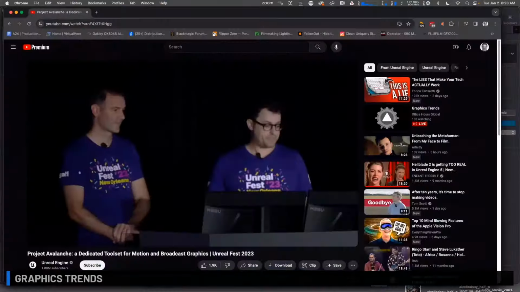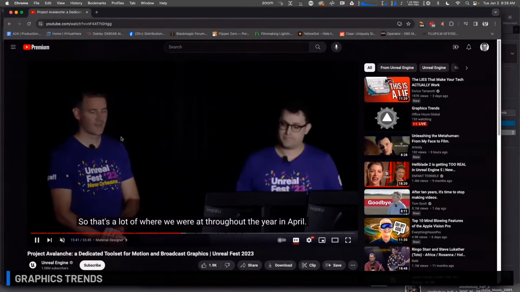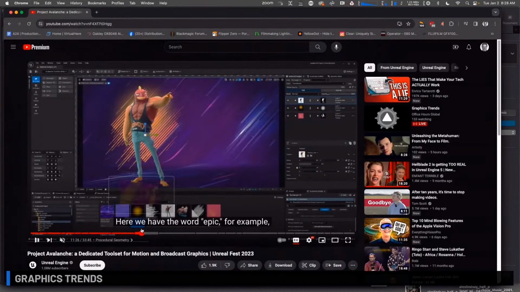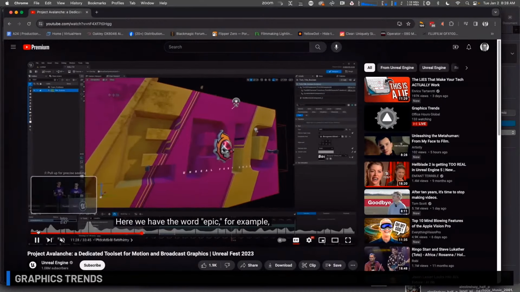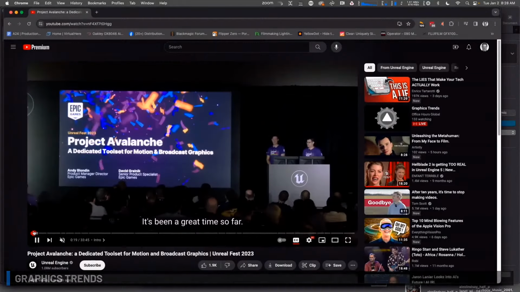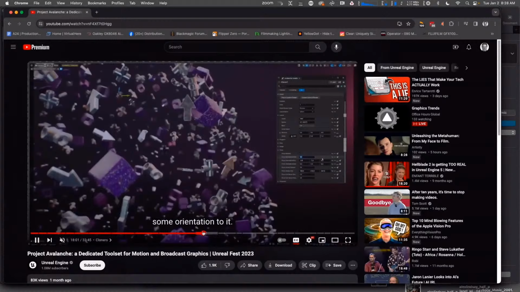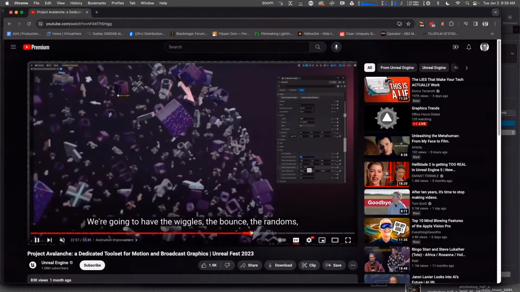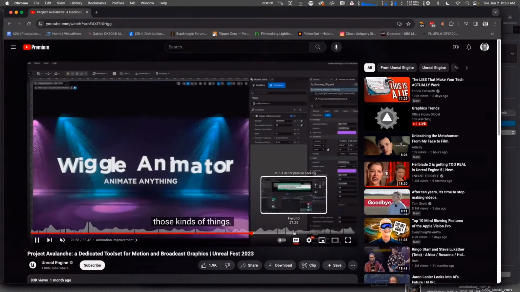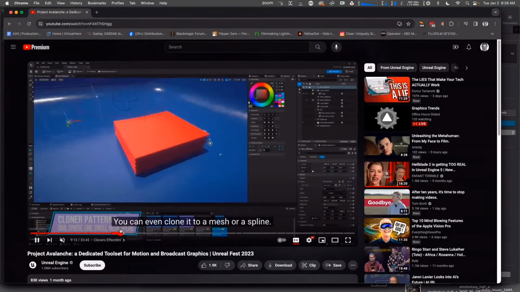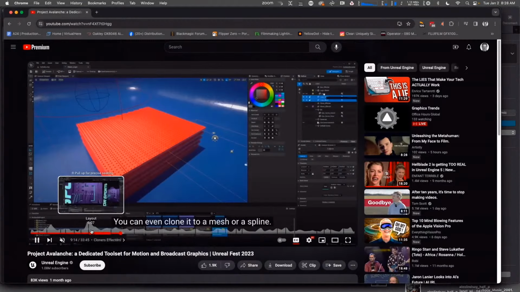Yeah, absolutely. If we look at, let's see here. Yeah, there we go. We should get Andy Blondin on, and we'll see if we can get Andy on to talk about these. But I was kind of surprised at how long it took to get to a point where we were really doing lots of real-time graphics inside of Unreal.